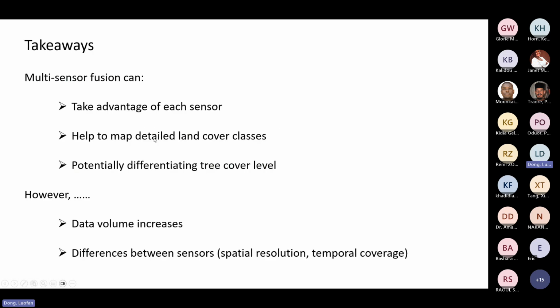We think multiple sensor fusion can take advantage of each sensor. Landsat covers a very long time period, but Sentinel-1 isn't affected by cloud cover that much, and the data density is very high. It might help to map detailed land cover classes, to separate different tree species and different kinds of plantations, and potentially it might differentiate